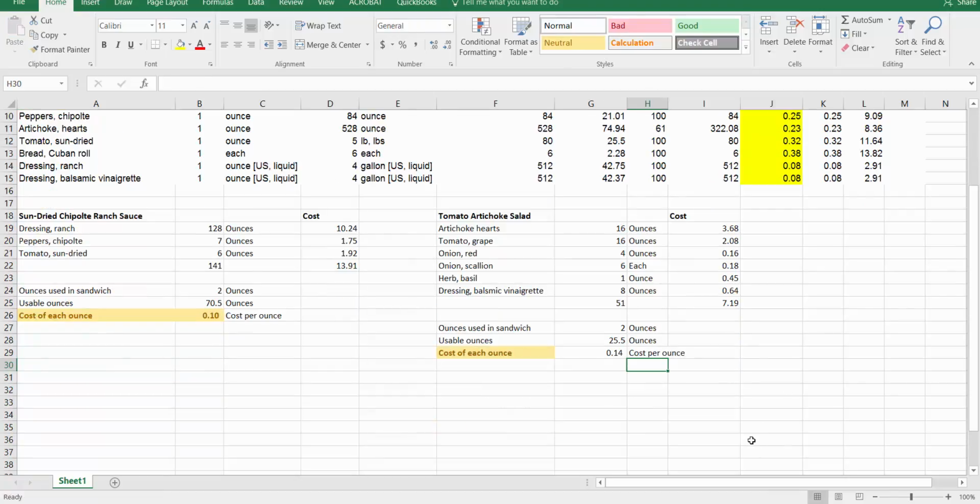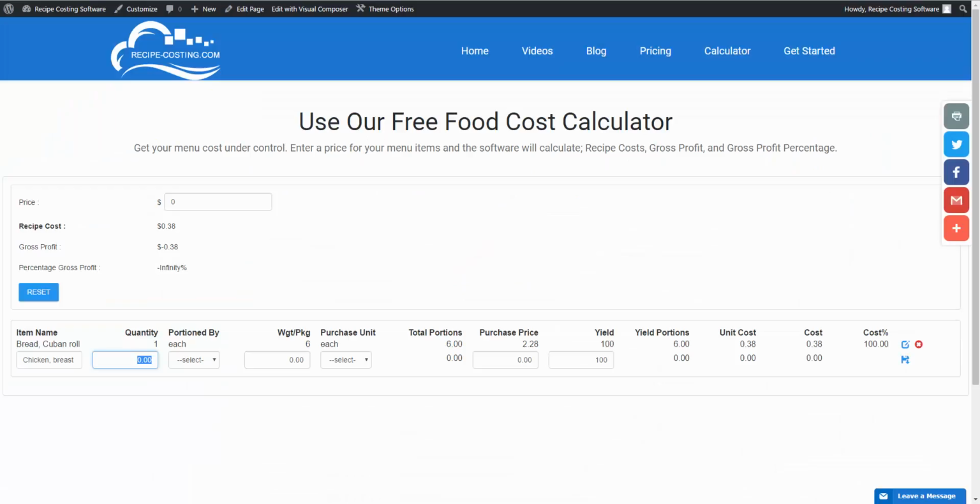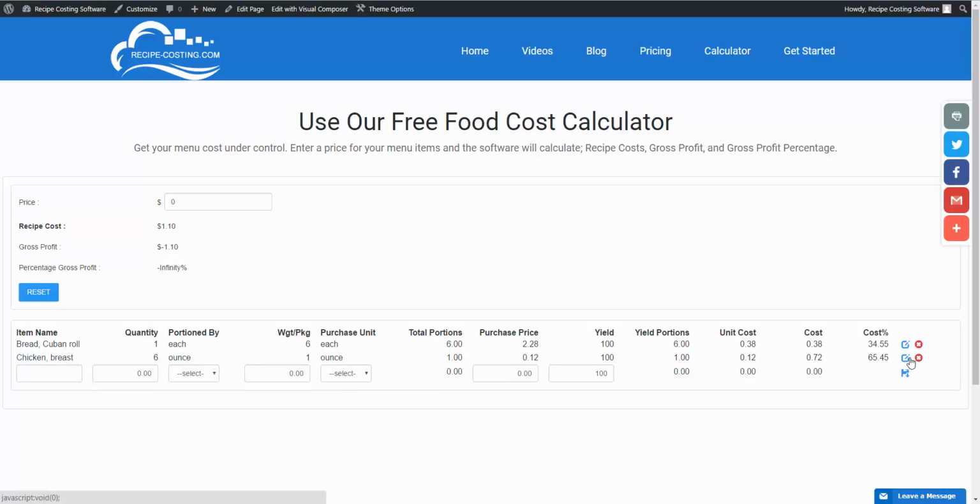And now you can begin transferring the data from this Excel sheet right into our free food cost calculator. Enter each line item. To save time, what we did was we pre-populated all the items. So we started to enter chicken, but once we hit save, all the items are going to populate, just so you wouldn't have to sit here through my typing. And once we do that, you're going to get an actual cost. When you get the cost, which happens to be